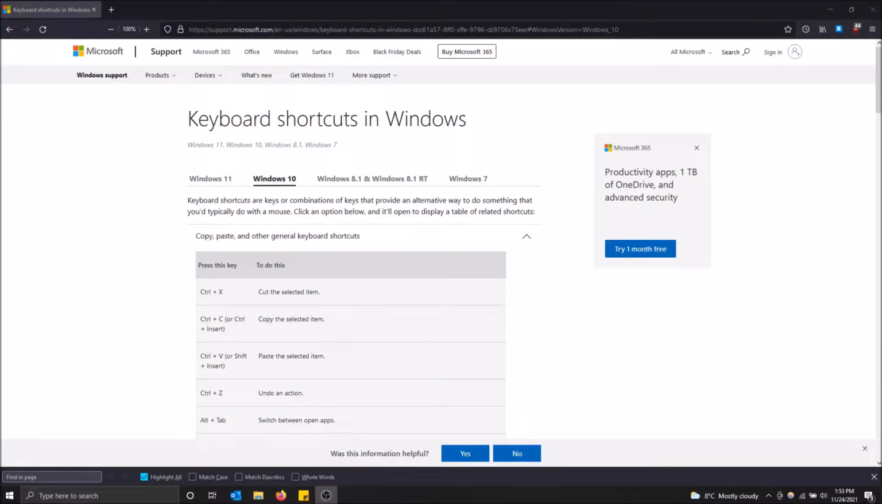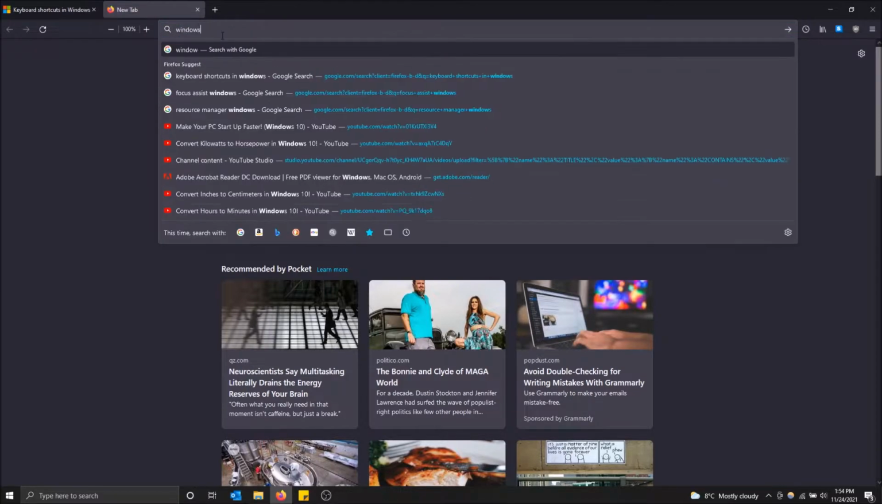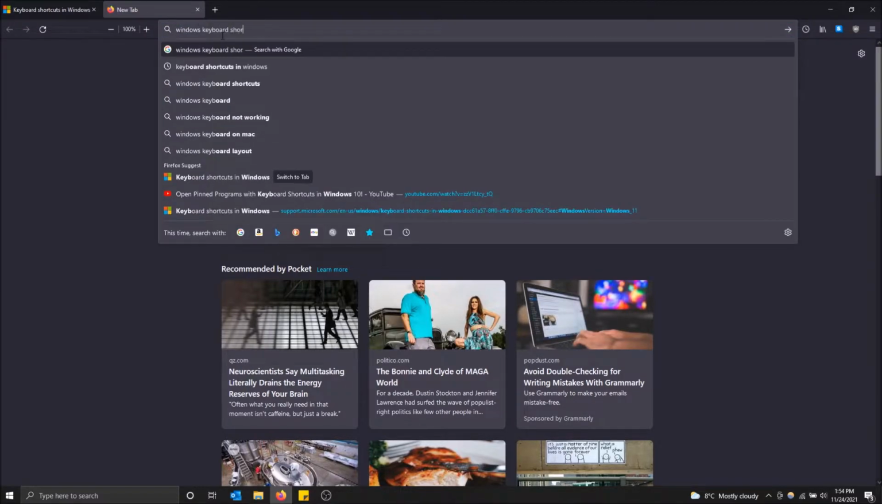So today I'm going to show you how to view your keyboard shortcuts for Windows 11, for Windows 10, 8.1, or for Windows 7. It doesn't matter what version of Windows you have. This support site pretty much has all of it covered, so I'm going to show you how to get to it. If you want to get to it the quickest way, my suggestion is to just Google Windows keyboard shortcuts, and this will be the first result,